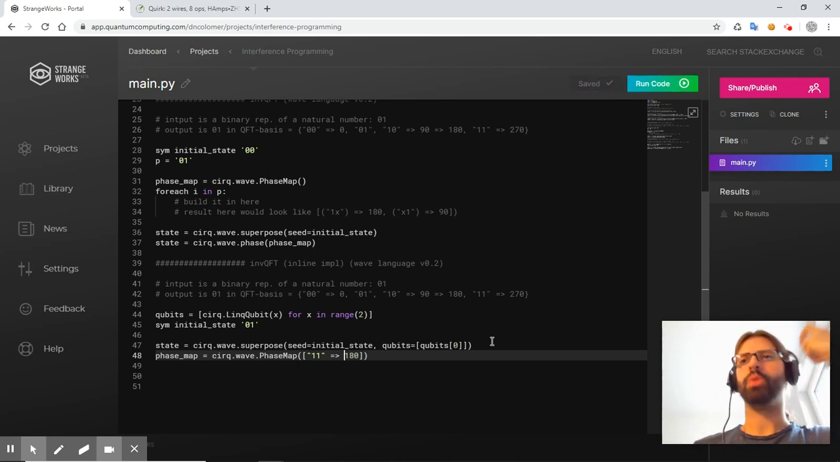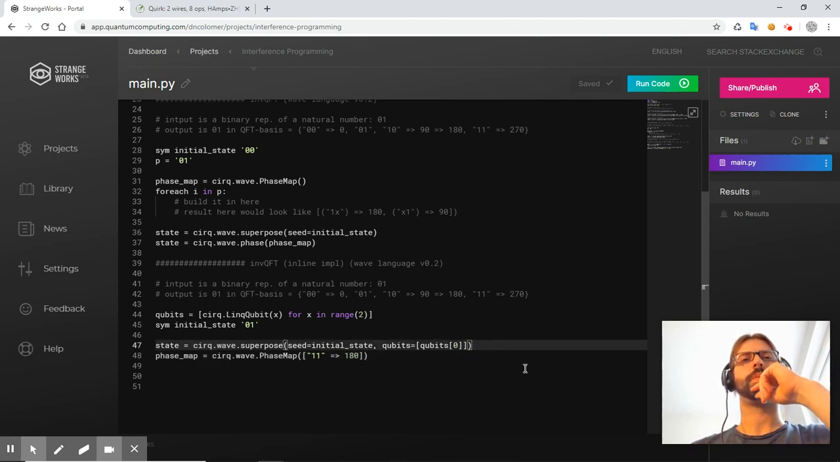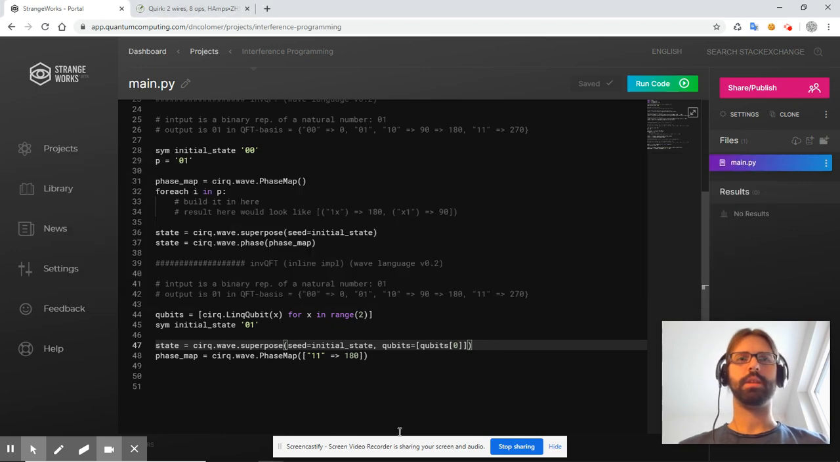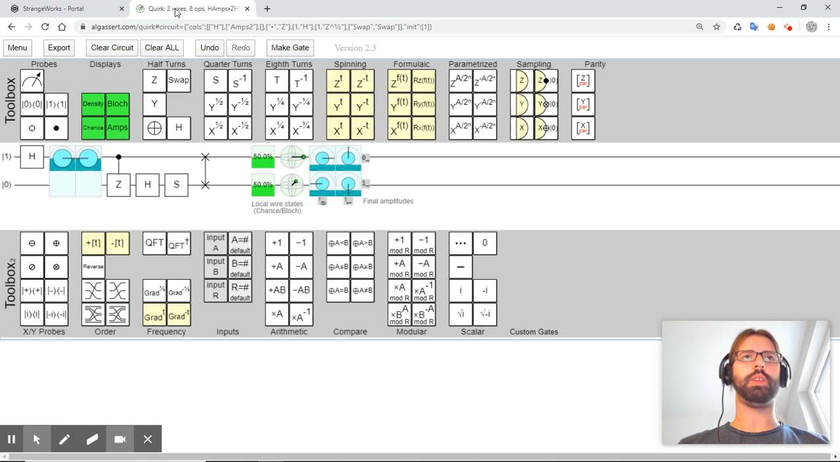But why would I know this? Why would I know that this is what I want to do? I'm superposing on this qubit. And I'm saying that makes absolutely no sense. I'm just translating that, because then what I would do next is